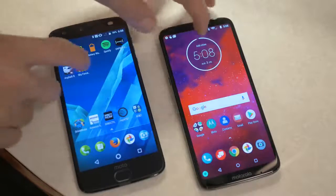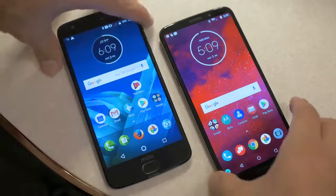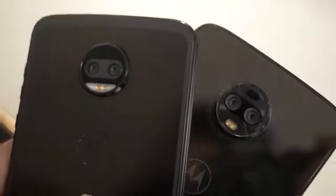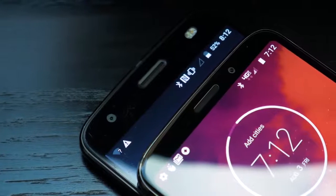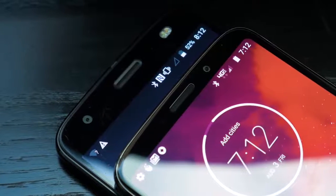Not only that, but the phone's internals are similar to the Z2. Even the camera hardware is the same. A dual 12 megapixel setup with f2.0 apertures and laser-assisted autofocus. The front camera is the same 8 megapixel shooter, but a full screen flash has replaced the dedicated dual LED